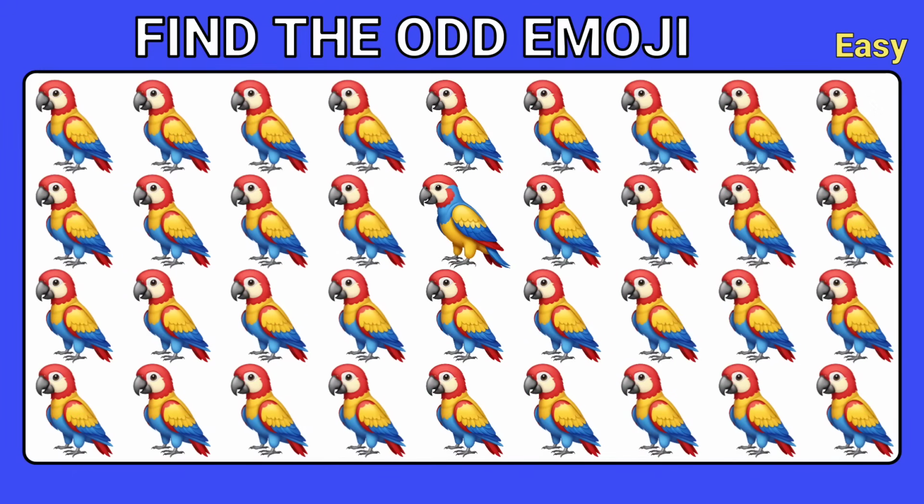Can you find the odd emoji within time? Excellent, this one is the odd emoji.